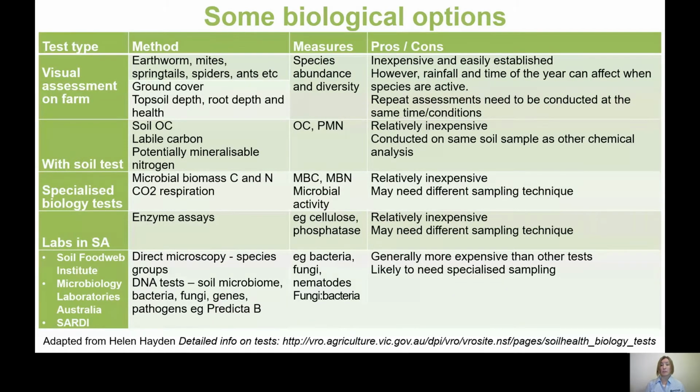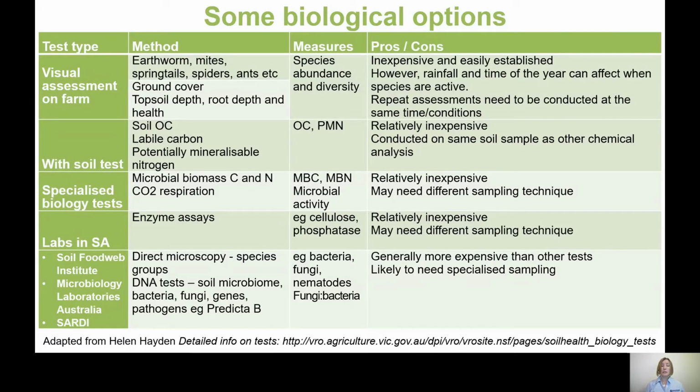Springtails are becoming really quite accurate at measuring them. We can also look at ground cover, so your composition of your species and also the amount of bare ground that is there. Important things like topsoil depth, the rooting depth that you have. Don't just look at rooting depth, but also look at abundance, so the number of roots that you have, and the health, the score of what your health could be for these areas too. These can be done very easily, quite cheaply yourself, and you can do repeat assessments. But again, just be mindful that you're assessing them again in 1 to 5 years' time at the same time that you did your original assessment.